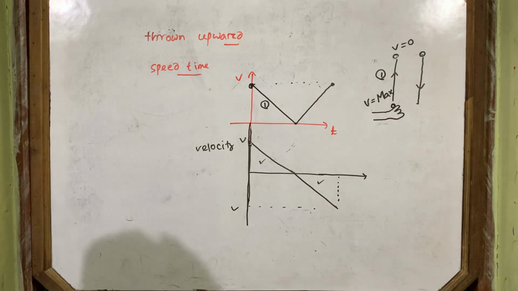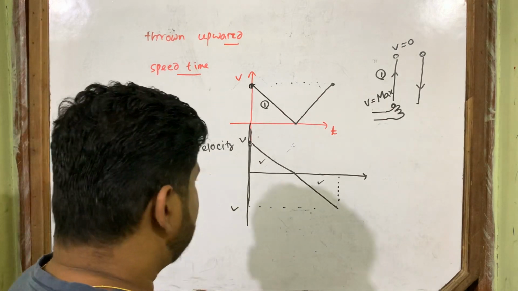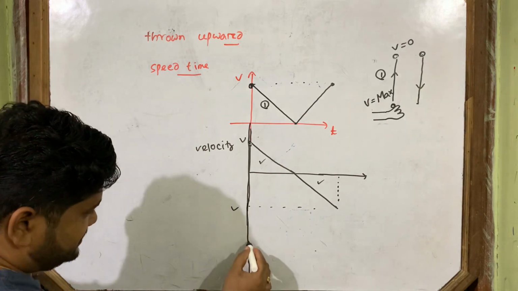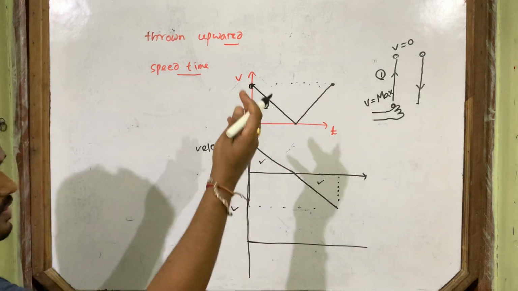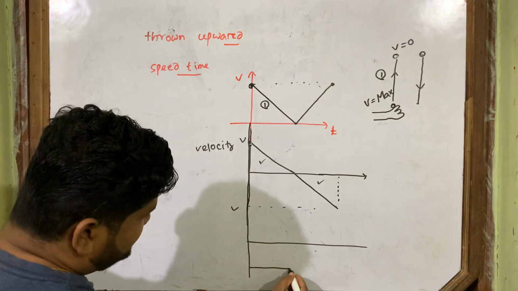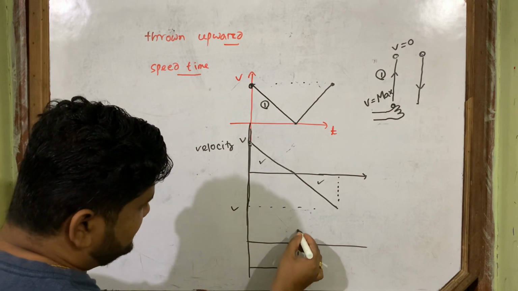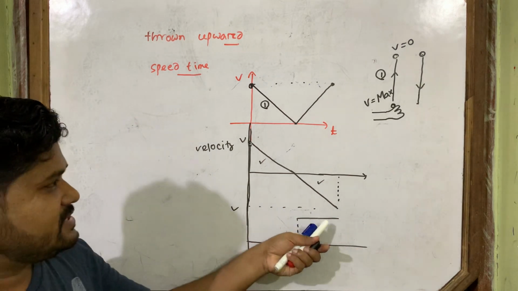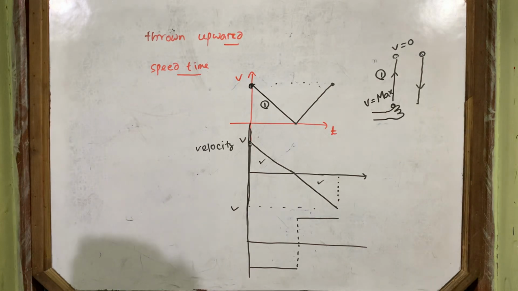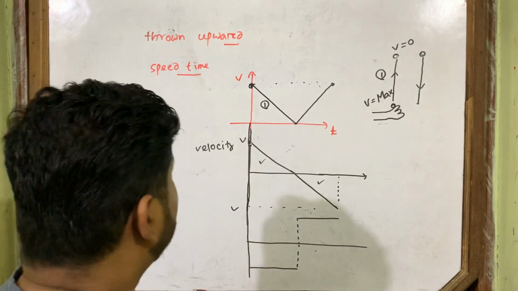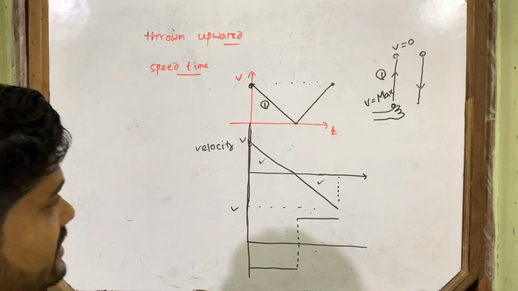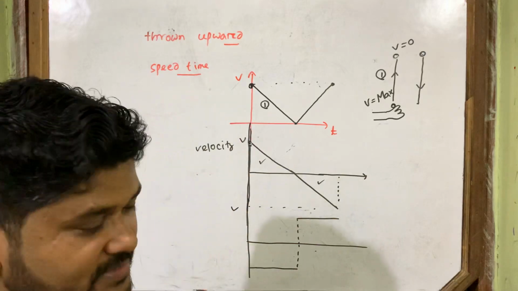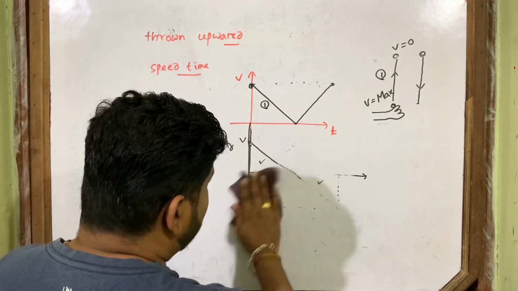These two areas will be equal. Okay? So this is about the velocity time graph. If I tell you to draw the acceleration time graph, that's very easy, you already know. While going up, it is a negative acceleration but constant, and this acceleration becomes positive when it comes down. This is about the acceleration and time graph. So this is about when a body is thrown upward and returns to the thrower's hand. So this is the question.